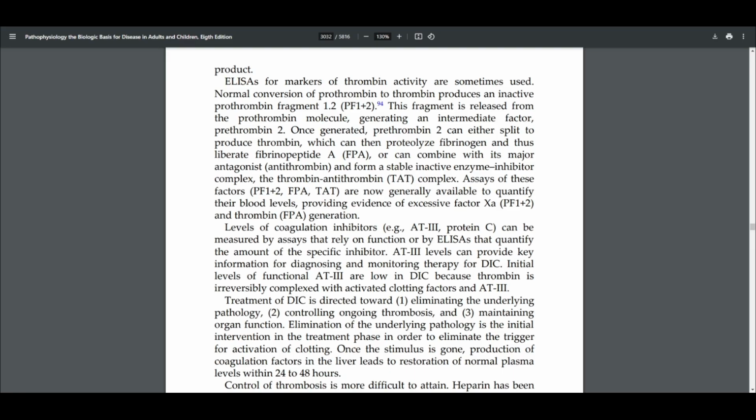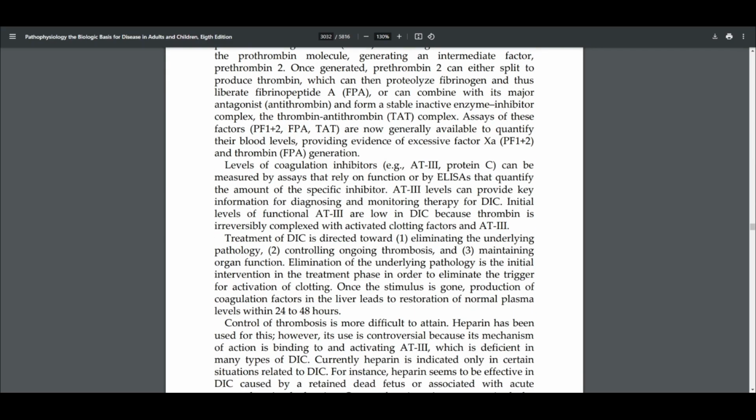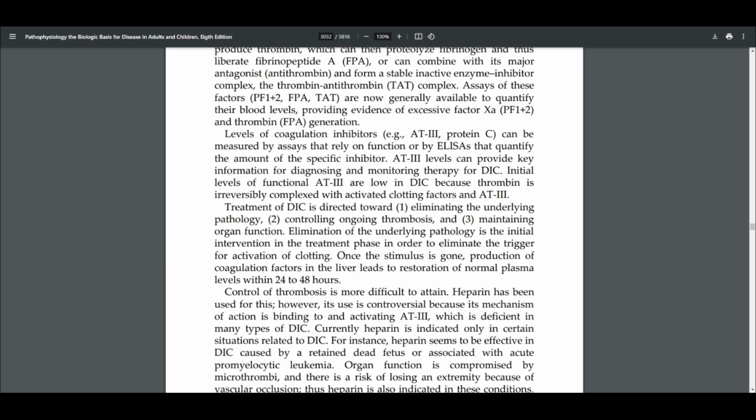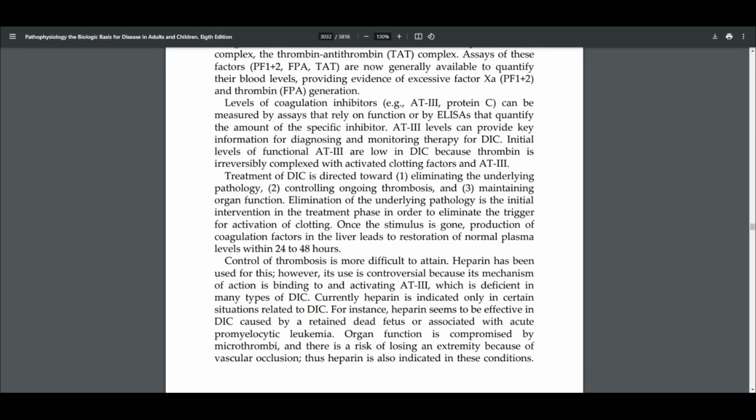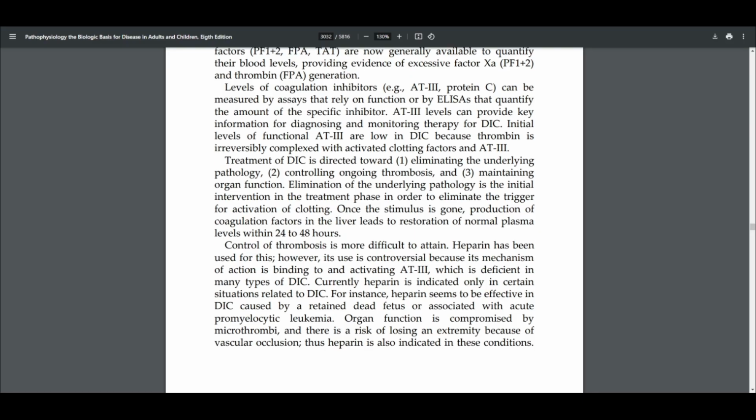Assays of these factors are now generally available to quantify their blood levels, providing evidence of excessive factor Xa and thrombin generation. Levels of coagulation inhibitors can be measured by assays that rely on the function, or by ELISAs that quantify the amount of the specific inhibitor. Your AT3 levels can provide key information for diagnosing and monitoring therapy for DIC. Initial levels of functional AT3 are low in DIC because thrombin forms a reversible complex with activated clotting factor at